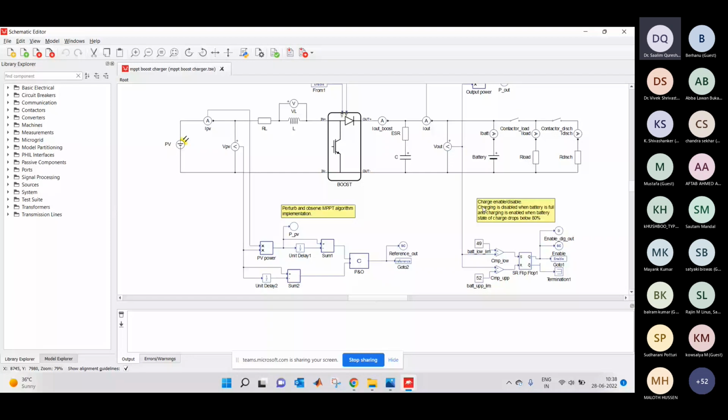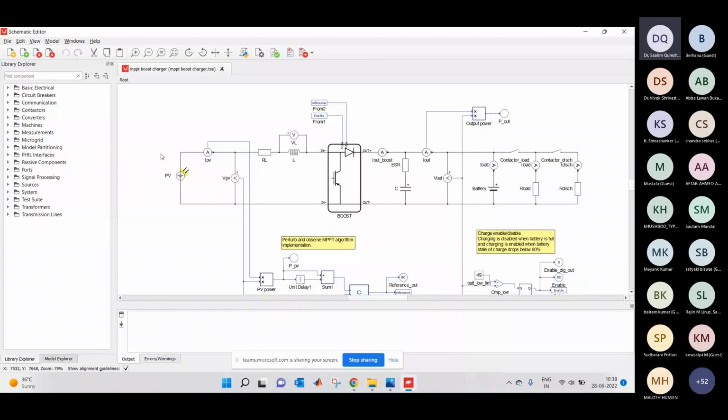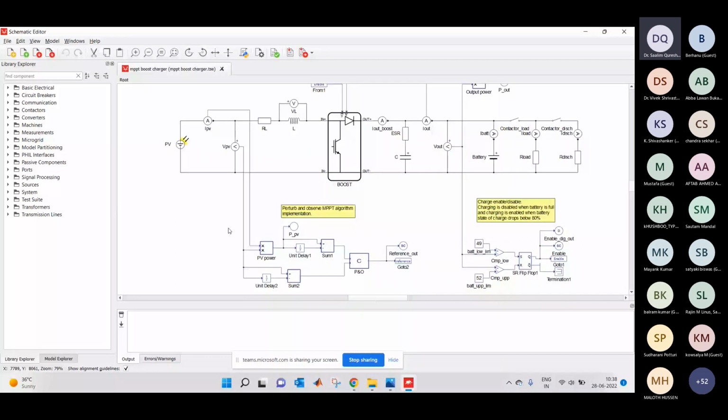Let me tell you more briefly what is going on inside this controller. This is the simple example of MPPT boost charger that we are going to demonstrate here, in the environment of Typhoon Hill, in the virtual environment and in the real-time environment. So this is about the plant, and this is for the P and O algorithm,